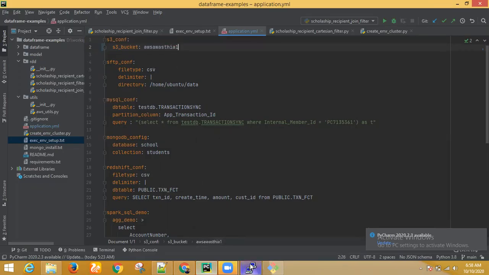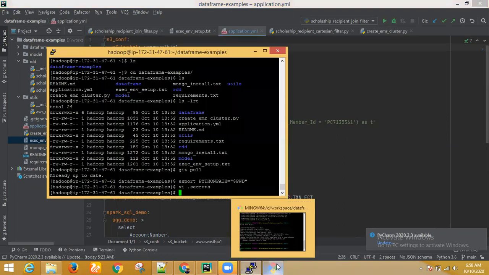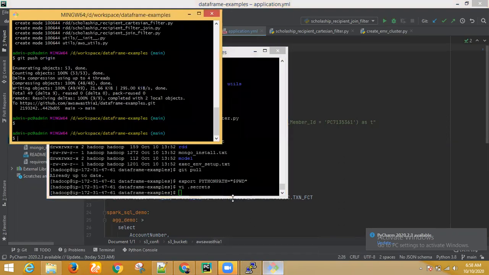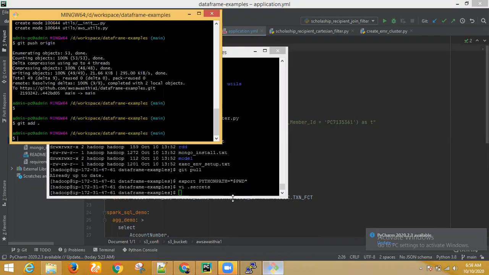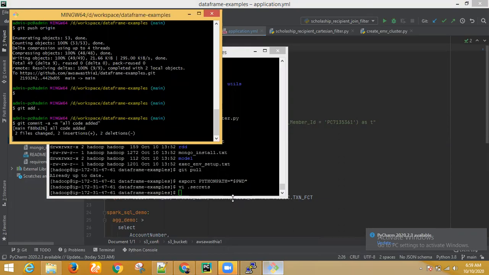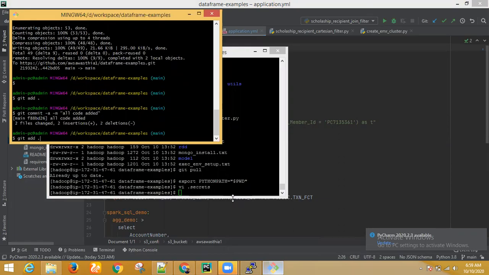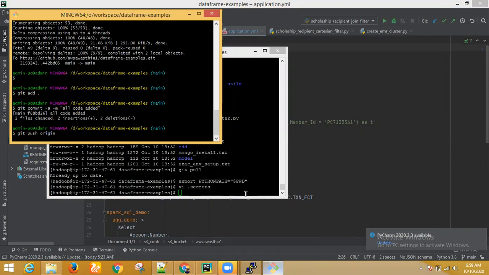Then how to get it there in the EMR? You have to push it, right? You have to call git add, git commit, git push. Okay, now you come here to the